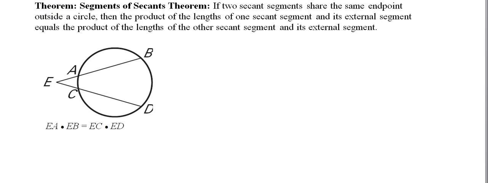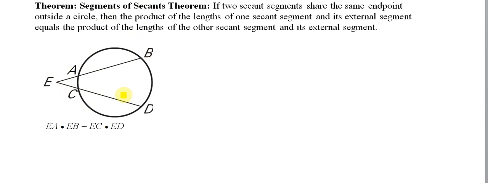In this video we will discuss this theorem, and in the interest of time I'm just going to skip over this proof for now, and perhaps we'll go back to it later. I'll add it as supplemental material, but it's very similar to the proof that we did regarding the two intersecting chords. Okay, so if two segments intersect like this outside of a circle, then the product of the lengths of